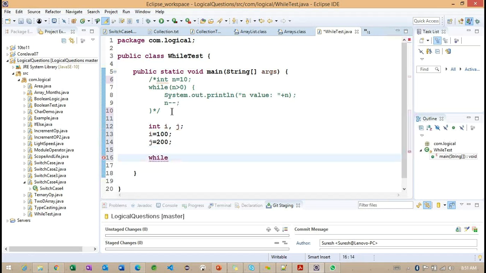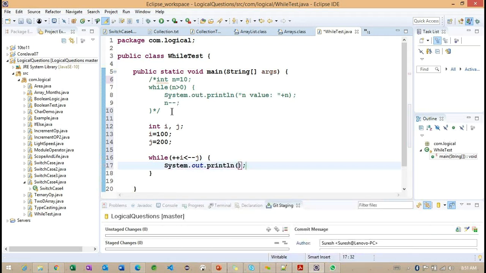Okay. And if you observe, again I'm using a loop here. Which loop am I working with? The while loop. So what is the condition I am going to work with here? Observe carefully: ++i < --j.